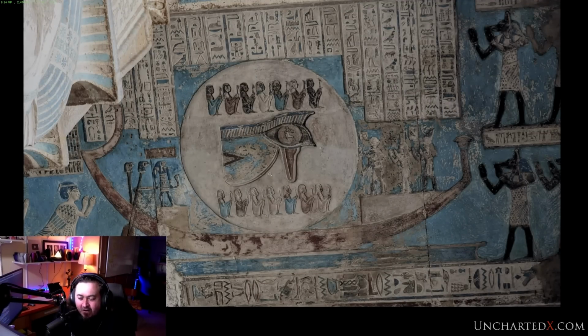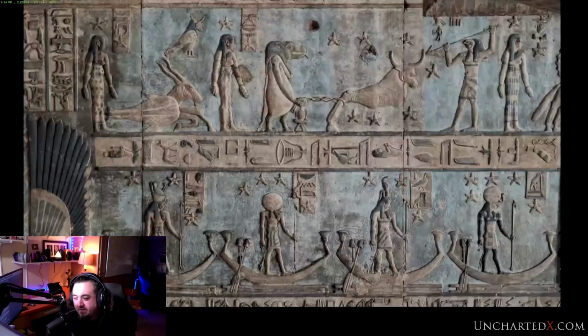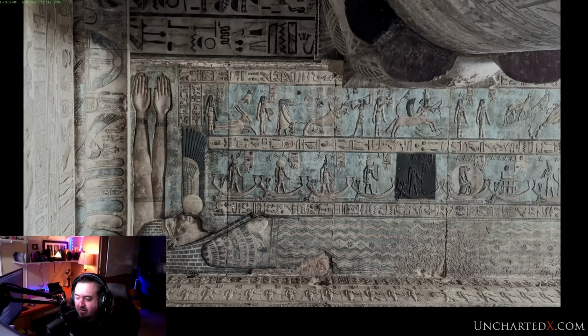At Dendera, the Zodiac's up here, right? So this is one of the coolest little pieces with all of the Zodiac. I try to take people through some of it, but I just let Yusuf do it usually. So yeah, this is all on the ceiling. My phone takes a nice picture of it. You have Nut,